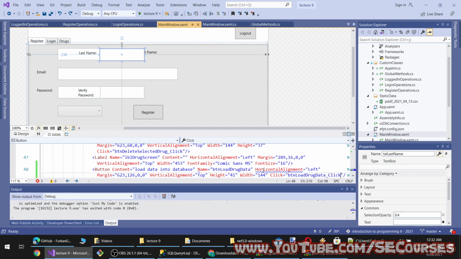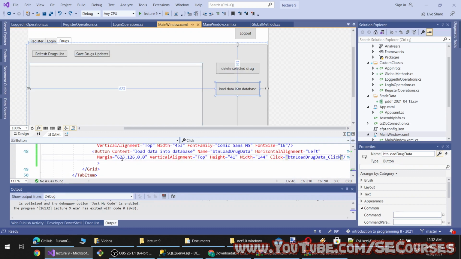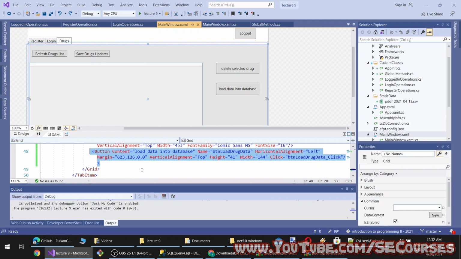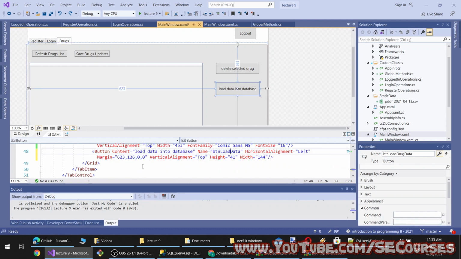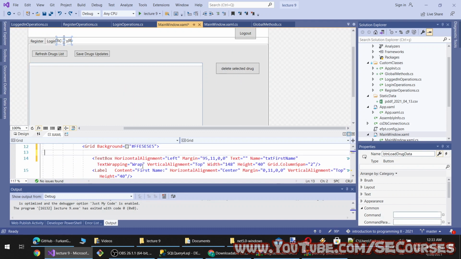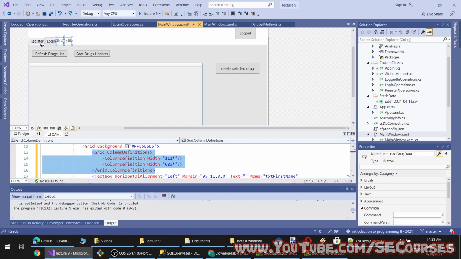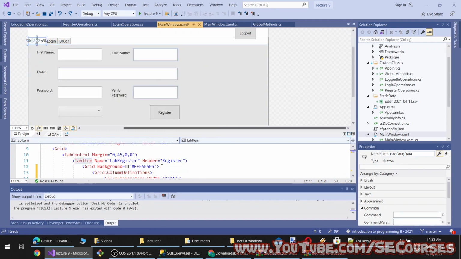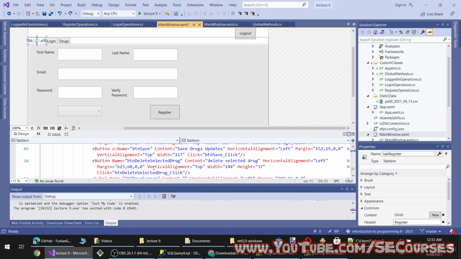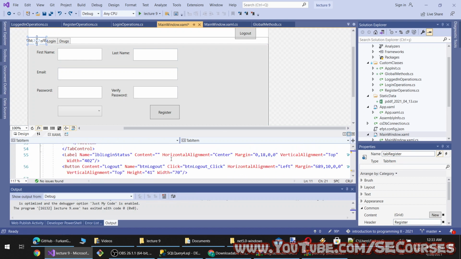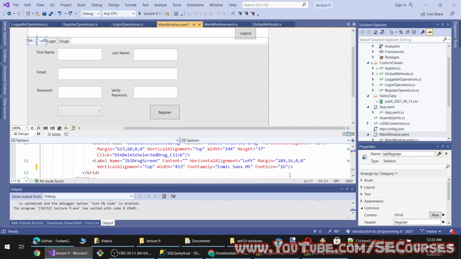I need to take a copy of this button first, then I can Control Z, and let's see. Yeah, now it is working. So that wasn't unnecessary.